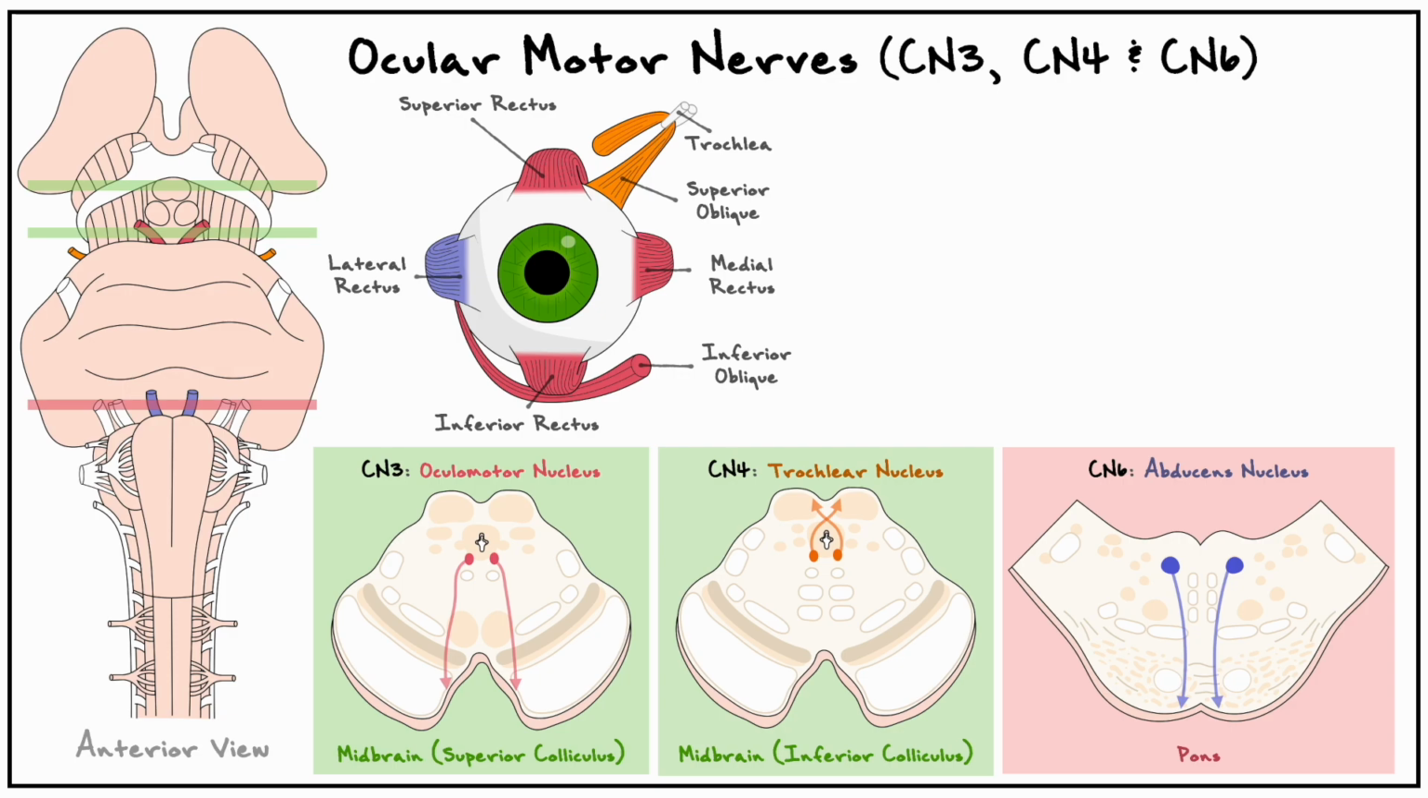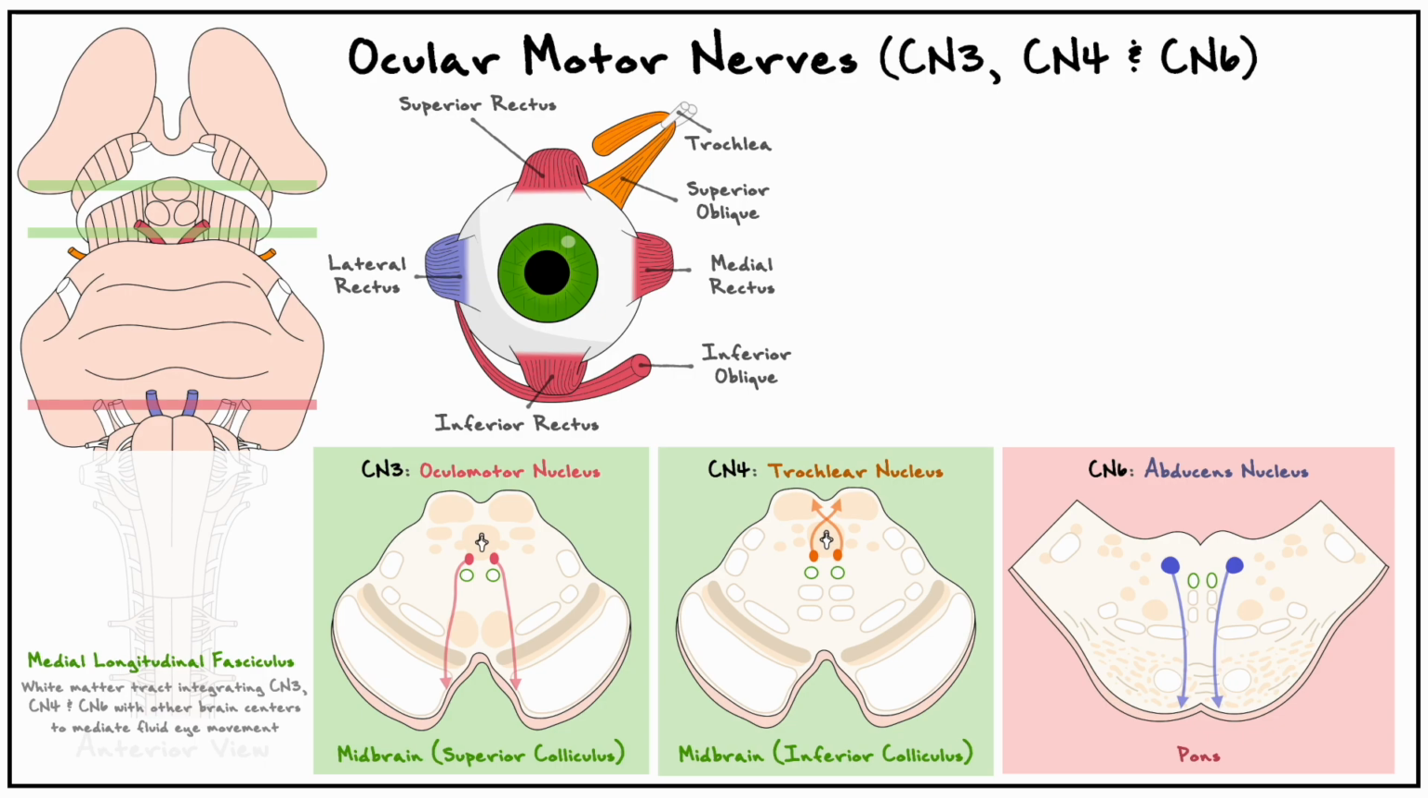Since all these muscles are striated, the fibers that innervate the muscles are labeled as general somatic efferent, or simply GSE. Now, as far as this video goes, we won't discuss the process of eye movement, but note that all 3 cranial nerves interact with each other in some antagonistic way to produce fluid eye movements. To do so, the 3 nuclei communicate with each other to coordinate the movements, and this is done through the medial longitudinal fasciculus, which is a white matter tract that integrates their signals with other brain centers to mediate fluid